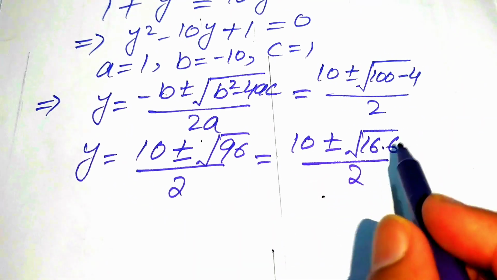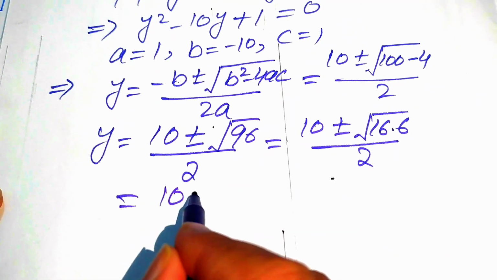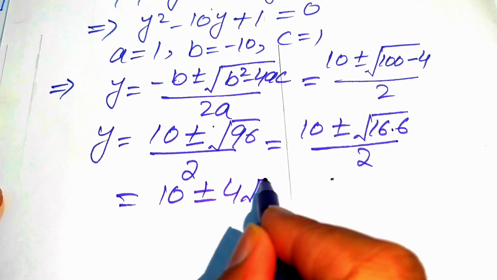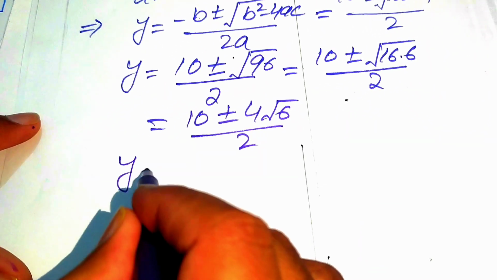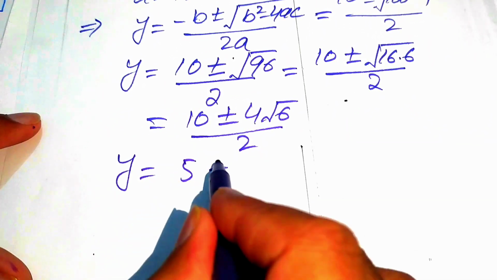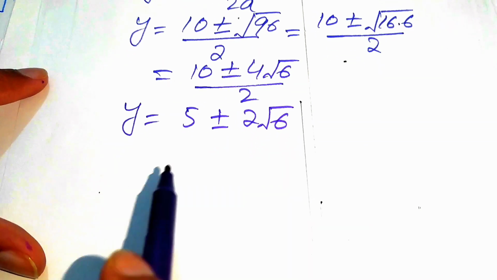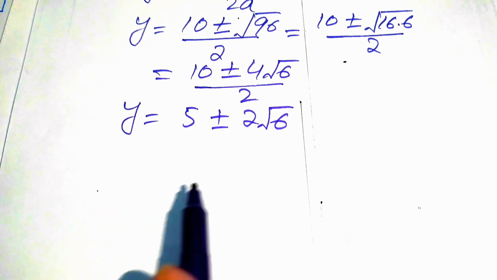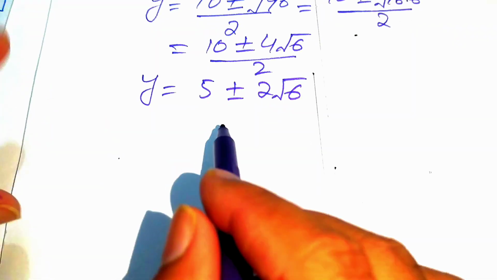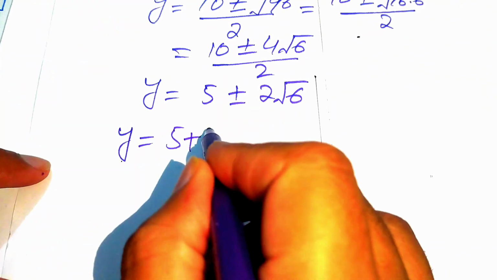We know that the square root of 16 equals 4. So we get 10 plus minus 4 times square root of 6, divided by 2. And here we separate these two and we get 5 plus minus 2 times the square root of 6. So we have two values of y. Now we divide the two cases and we get y equals 5 plus 2 times square root of 6,